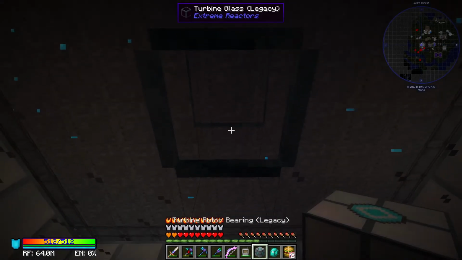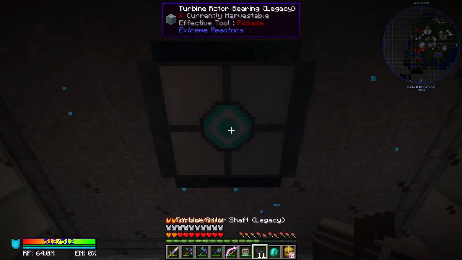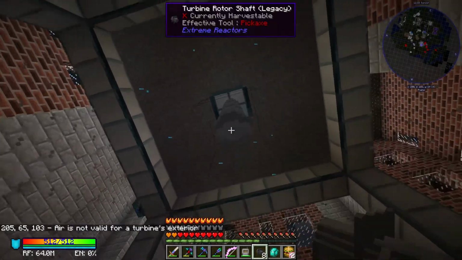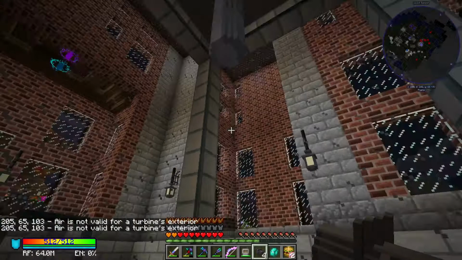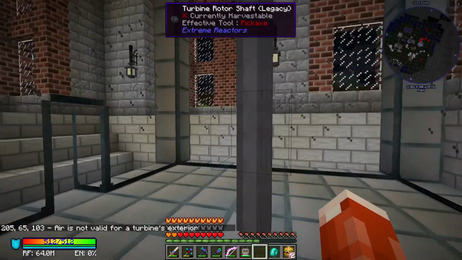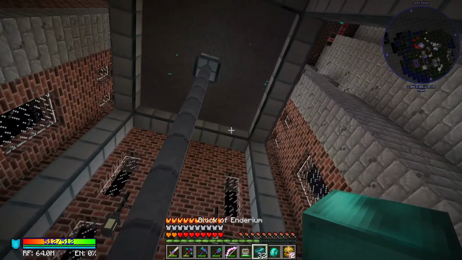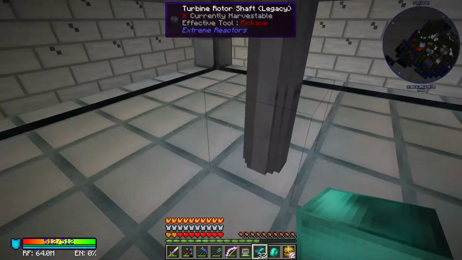turbine rotor bearing. Okay, and as you can imagine, our rotor shafts get connected to the rotor bearing. So we just take these and run them right down the middle all the way to the floor. So you need as many rotor shafts as your turbine is high. Right? Okay, next up, we need a solid block of coolant in order to help handle the temperatures that this